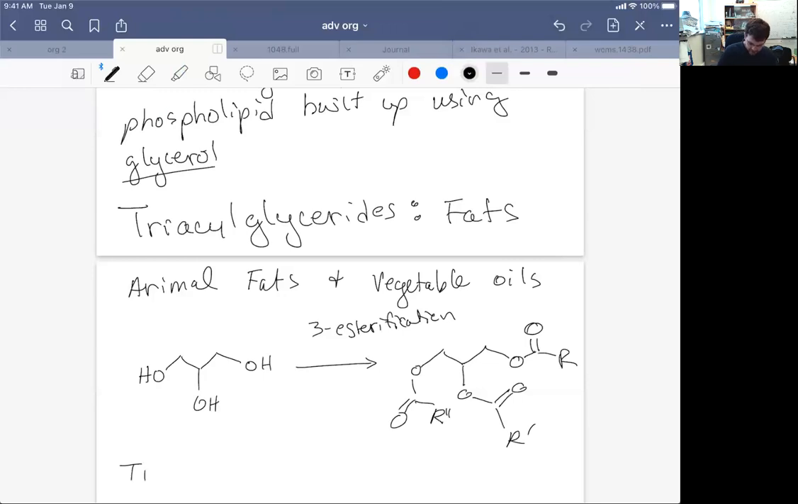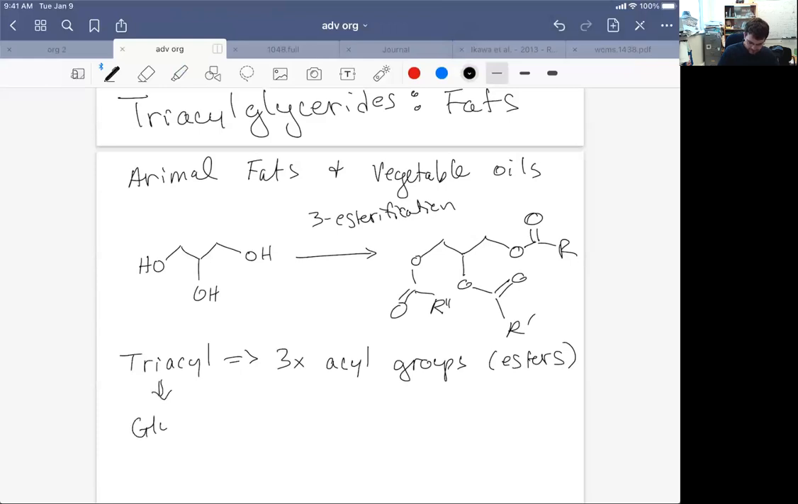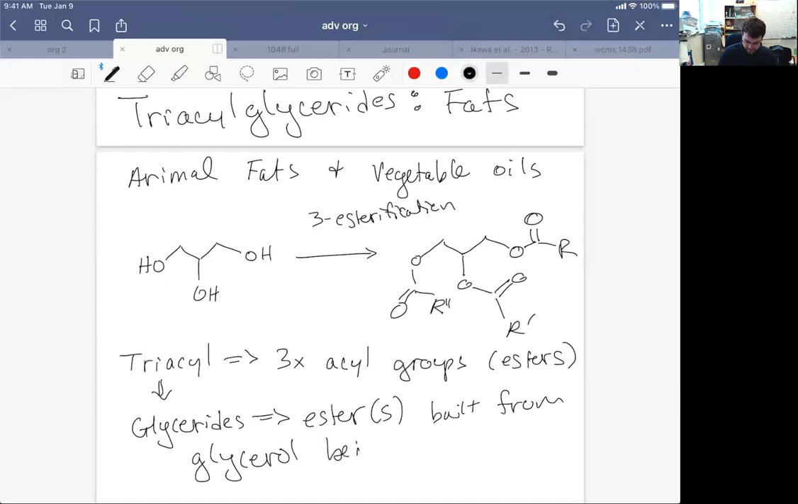But triacyl, that means three acyl groups. And these are our esters. And then if we have glycerides, that means an ester, multiple esters in many cases, built from glycerol being the alcohol. Okay, so we see that here where glycerol is the alcohol, that 1,2,3-propanetriol is the alcohol, and it's reacting with our carboxylic acids by some pathway to give rise to